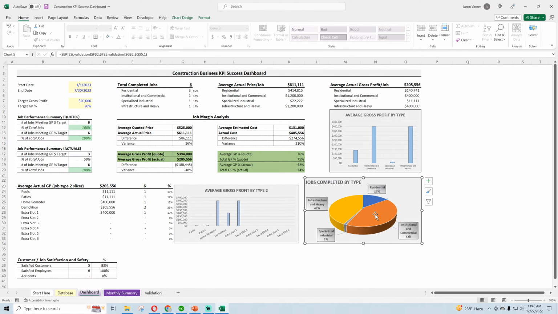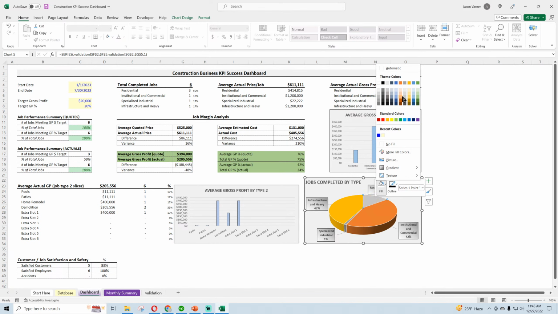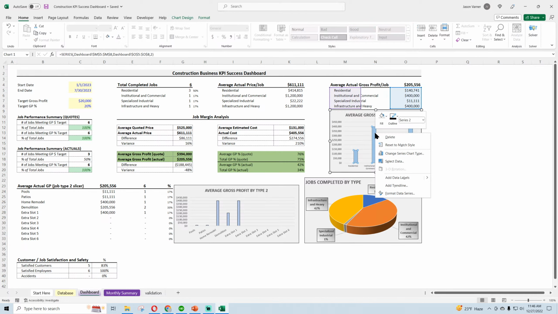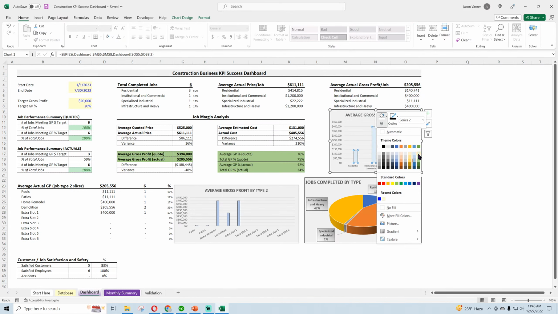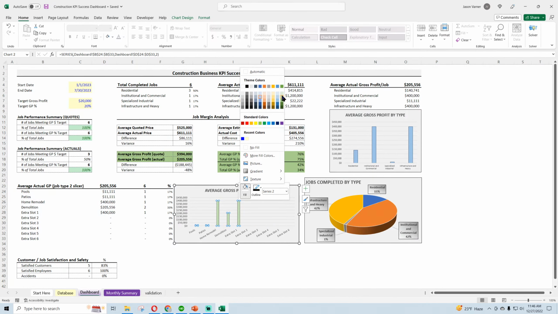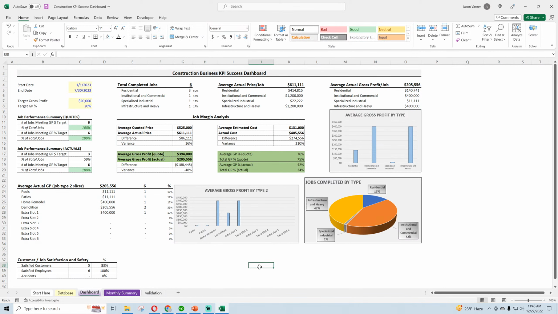Kind of wish I could change the colors of these, but I know if you change it, it'll update when the chart updates, so I'll just leave it. Let me make sure these are at least the same color though. 1, 2, 1, 2, 3. Nope, they're not. All right. Well,